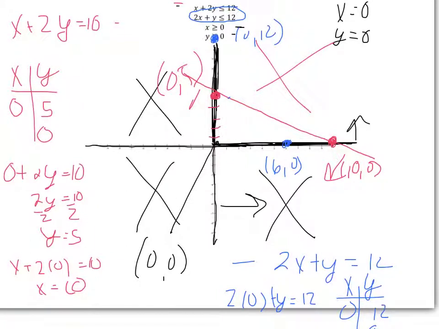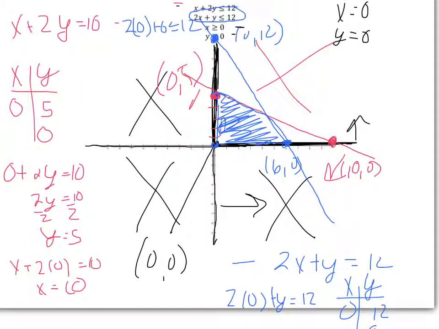2 points uniquely determine a line, so we can draw the line that goes through that right there. Pick a test point again, 0, 0, plug it in, is 2 times 0 plus 0 less than or equal to 12? Well, yes it is. So we want to shade underneath this. So we're underneath the red line, underneath the blue line, and above this line. So this little region right here is our solution region. So our vertices, we have 0, 0, we have 0, 5, we have 6, 0, and